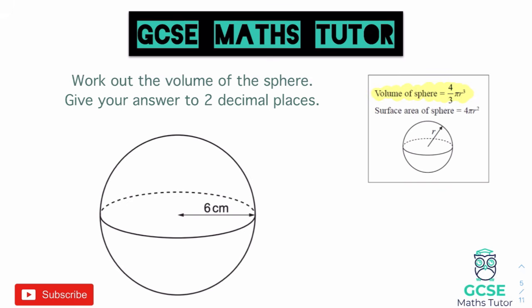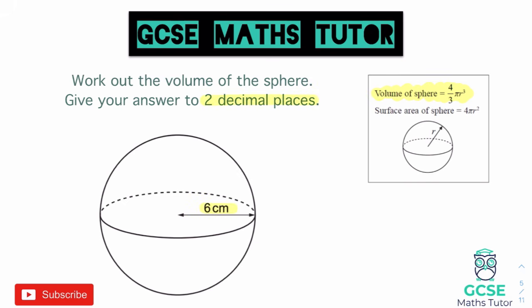So for this one here, we obviously need the radius as well, and we're going to be cubing that, so you need to know where your cubed button is on your calculator. But again, if you don't have the cube button, you can just times the radius by itself 3 times. So in this question, we're going to be rounding to 2 decimal places, we're finding the volume, and the radius